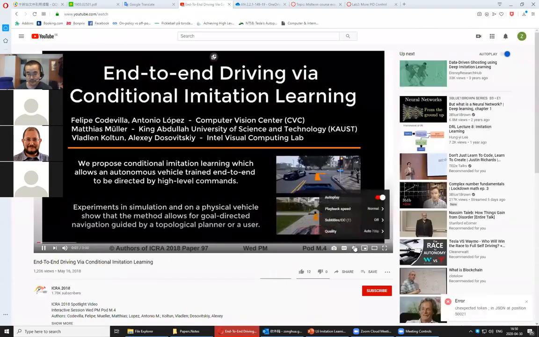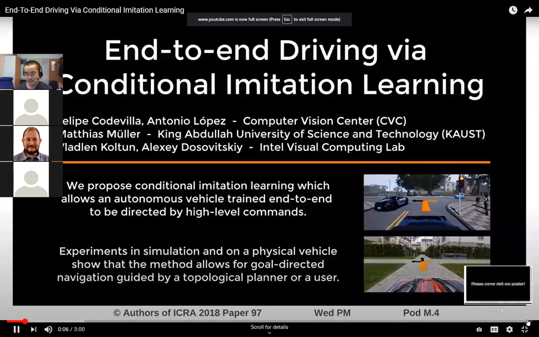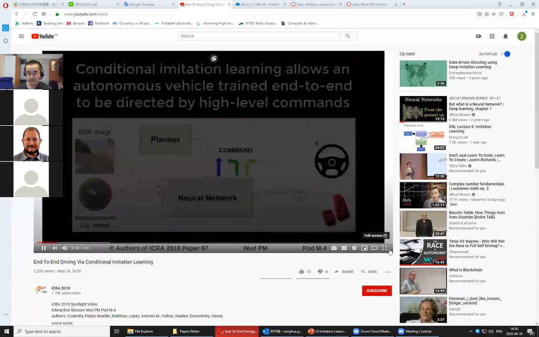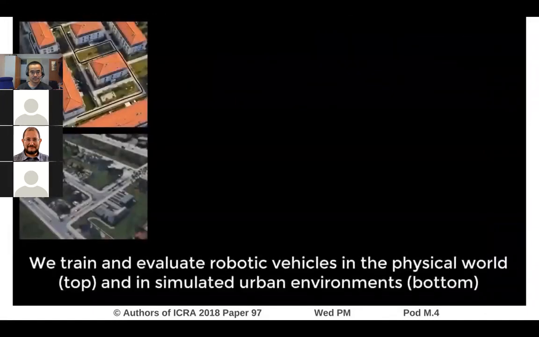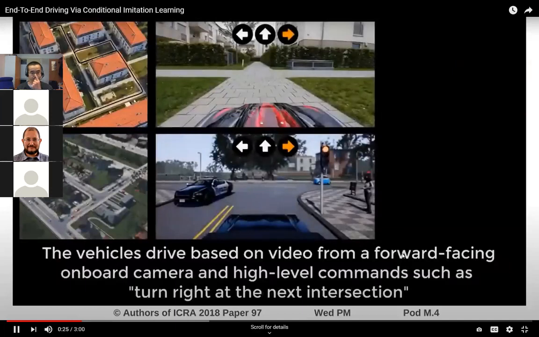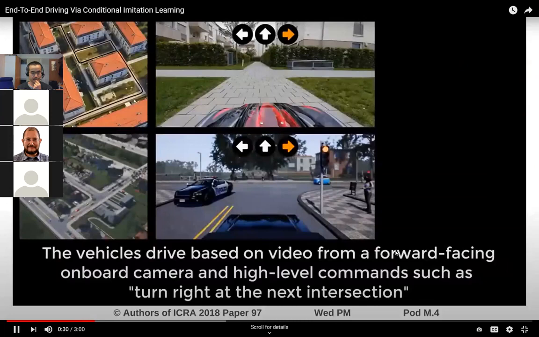End-to-End Driving by Conditional Imitation Learning by Felipe and Antonio from CVC, Matthias from KAUST, and Vladlen and Alexei from Intel Labs. Conditional imitation learning allows an autonomous vehicle trained end-to-end to be directed by high-level commands. We train and evaluate robotic vehicles in the physical world and in simulated urban environments. The vehicles drive based on video from a forward-facing onboard camera and high-level commands such as turn right at the next intersection. Here, the